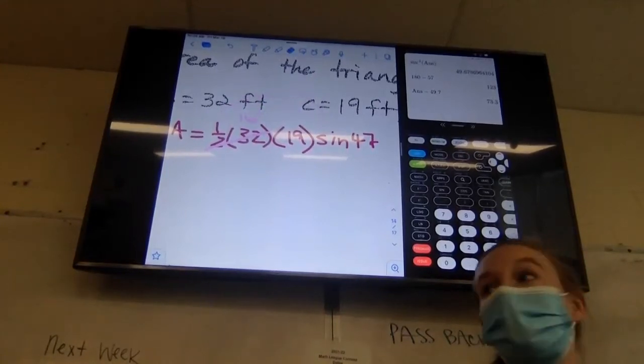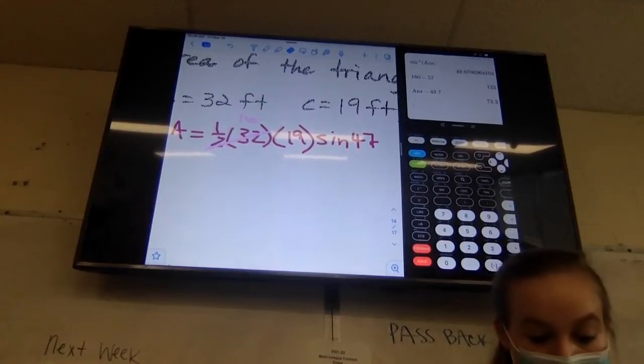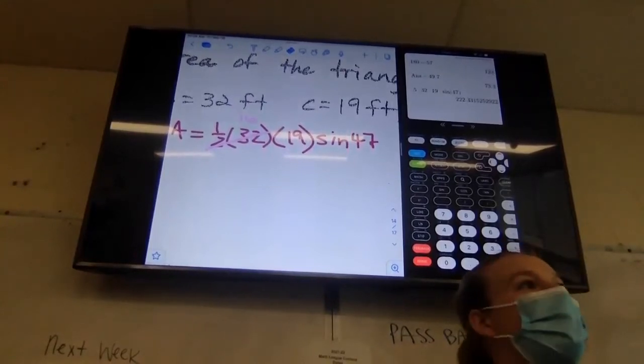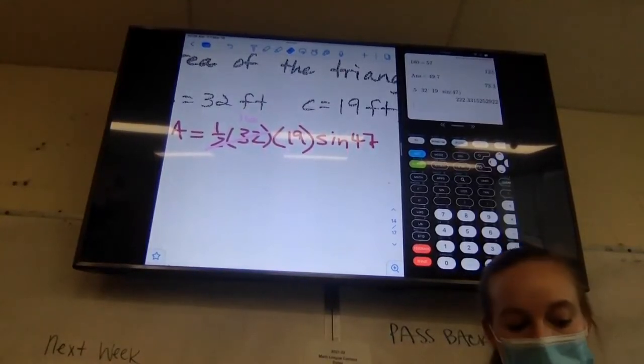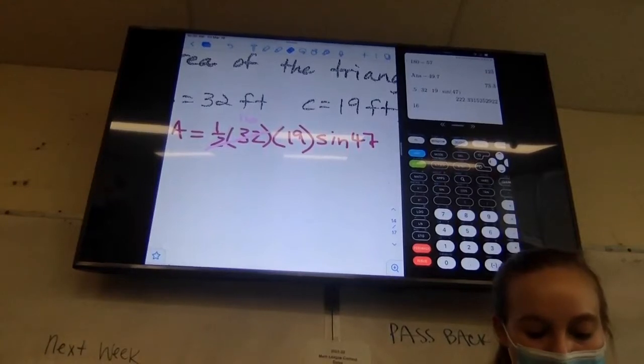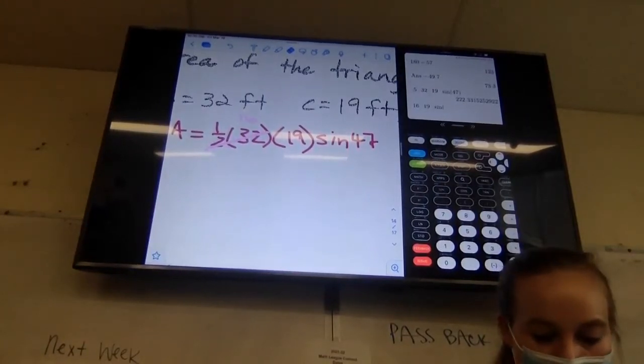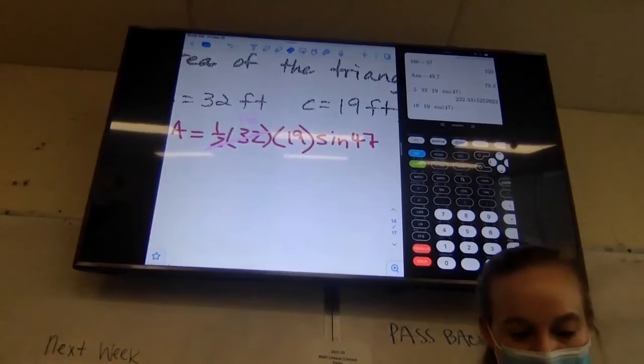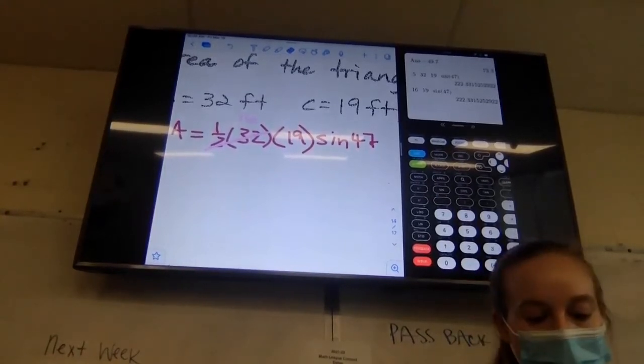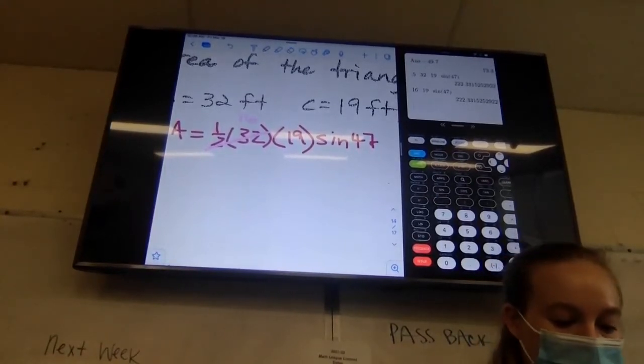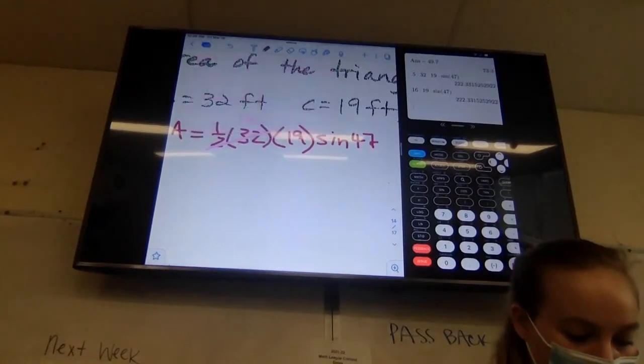But what you could also do is do it all in the calculator in one step. You can do 0.5 times 32 times 19 times sine of 47. And that's going to be the same answer as I get when I had already simplified my 1/2 and 32 and do 16 times 19 times sine 47. We get the exact same answer either way, 222.3. A equals